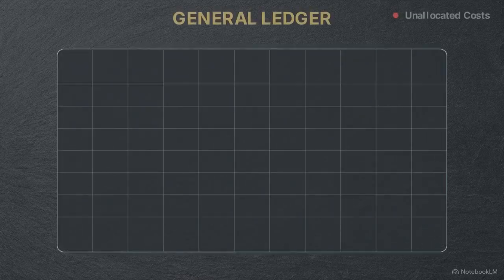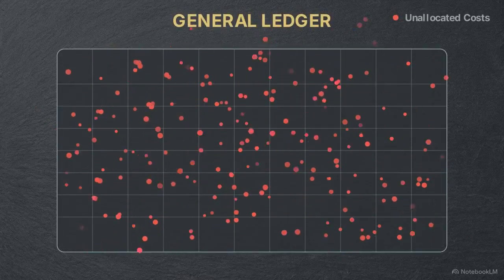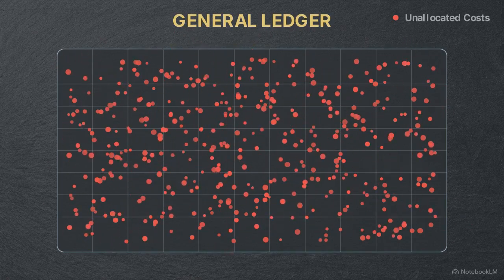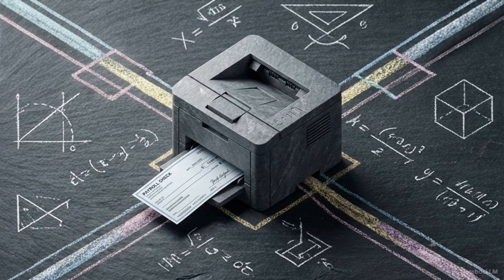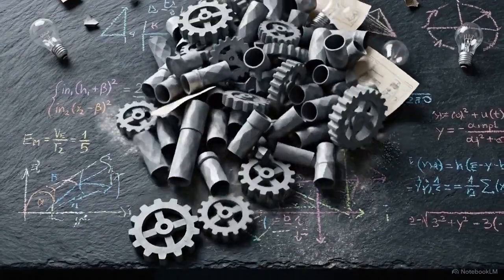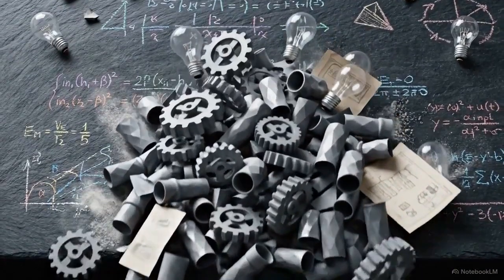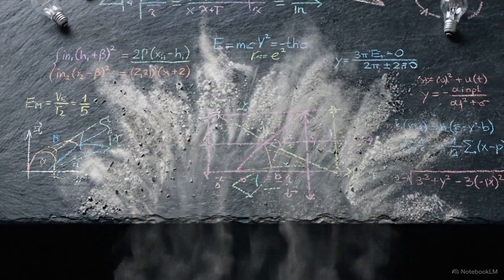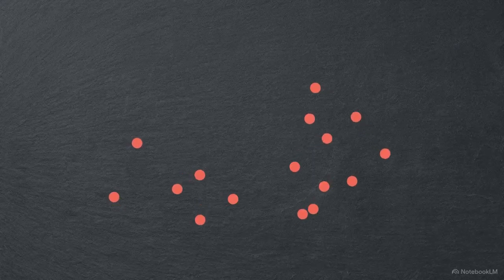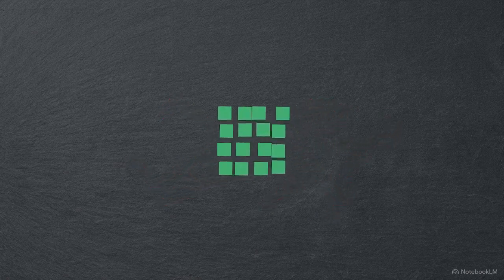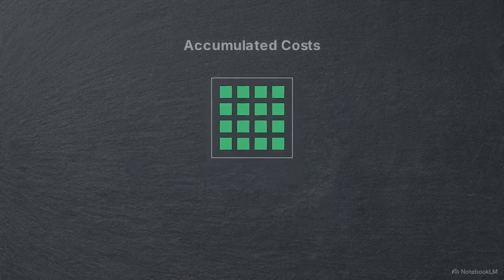During a standard operating period, a corporate general ledger absorbs massive volumes of raw, unallocated costs. Materials are purchased, payroll is processed, and utilities are consumed, all simultaneously. Attempting to track these thousands of distinct expenditures across a sprawling enterprise without a structural system creates immediate analytical chaos. The core objective of all cost accounting is to impose order on this environment, to achieve the precise ascertainment of